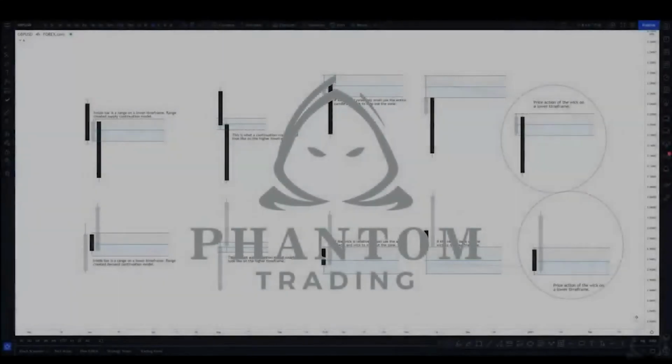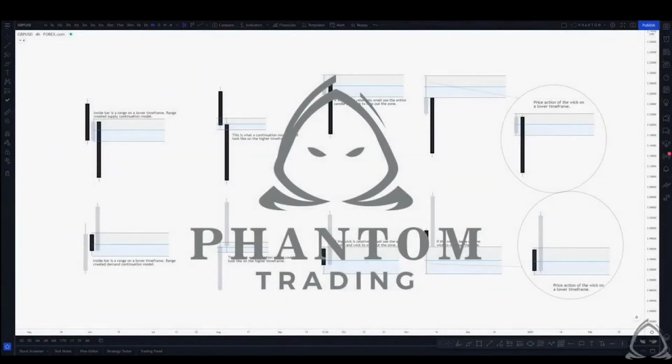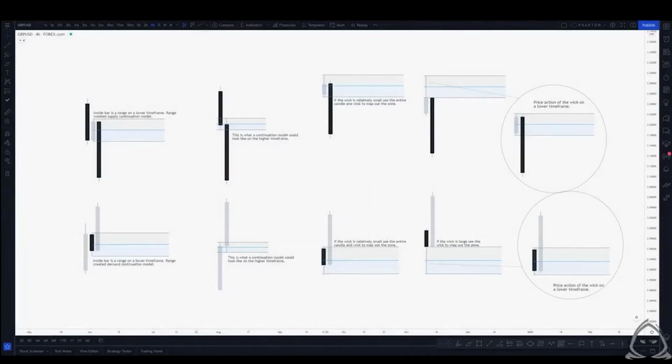A few refinements that you can integrate into your supply and demand zones are the concept of inside bars, how we can view continuation patterns on higher timeframes and what they look like on lower timeframes, and finally, what wicks represent. These are all refinements that relate to lower timeframes, but you can use the higher timeframes to build upon